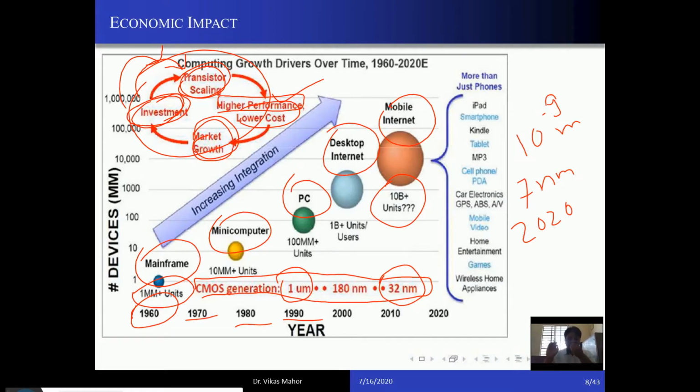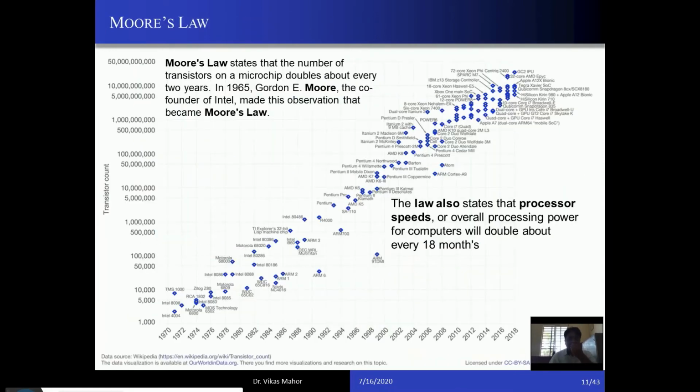Fine. So what I'm trying to tell you is, how are you able to integrate so many functions, so many transistors on a single IC? That is only because of scaling the transistor. You keep on scaling the transistor from 1 micrometer till today's 7 nanometer. And all this has been successful because of one law, which is known as Moore's law. You have to remember this law. What does Moore's law say? Let's come to this.